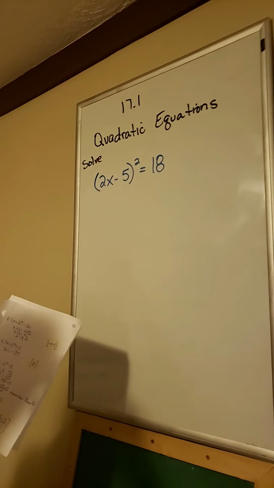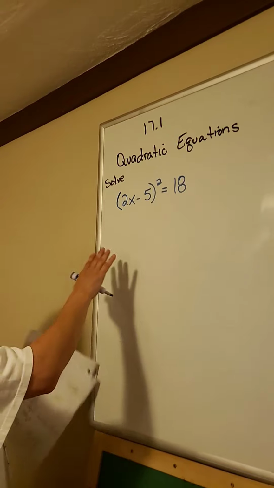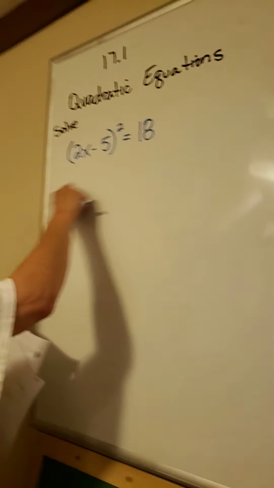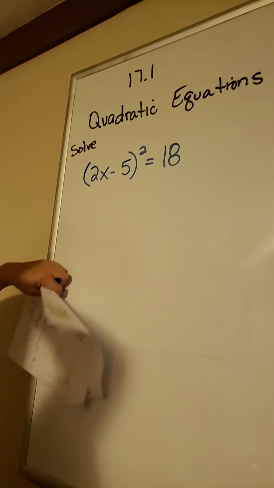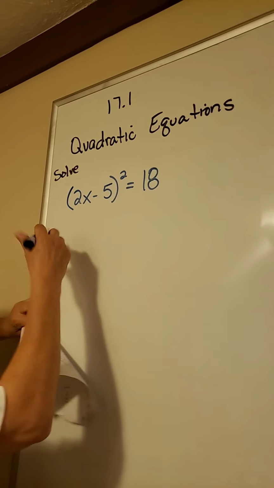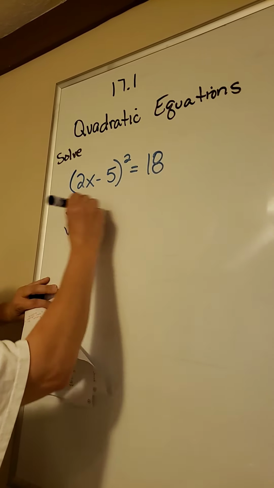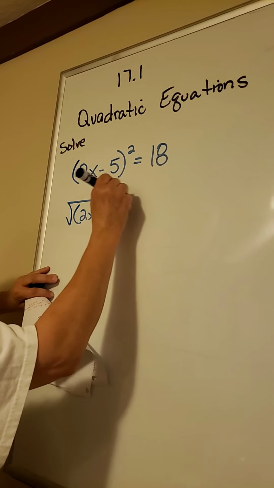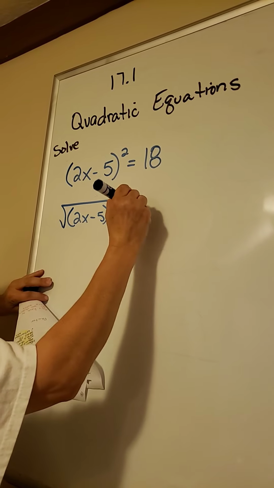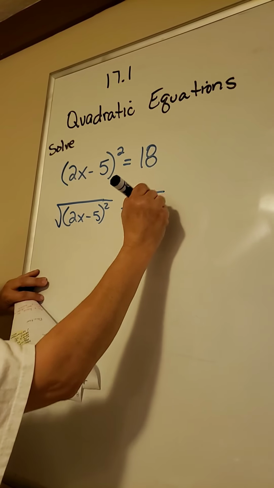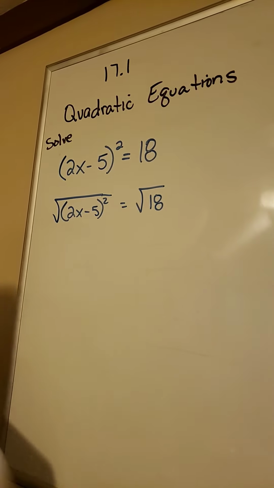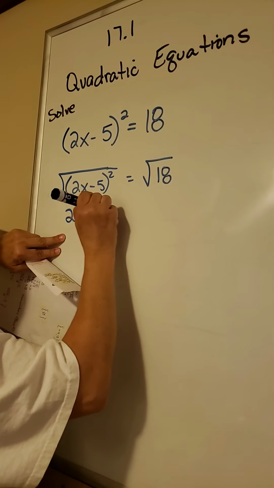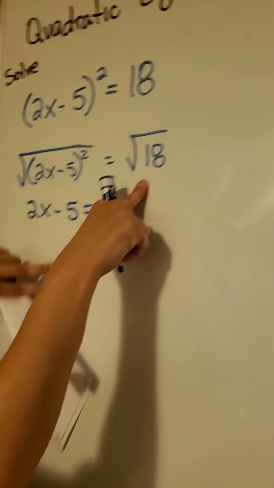Okay, so we look at this, and all of this work is on that last page. So we look at this and we go, okay, we're going to go ahead and take the square root of both sides. I'm going to write smaller so I can get all this on here. And you look at this and you go, okay, this is going to give me 2x minus 5 equals the square root of 18, and 18